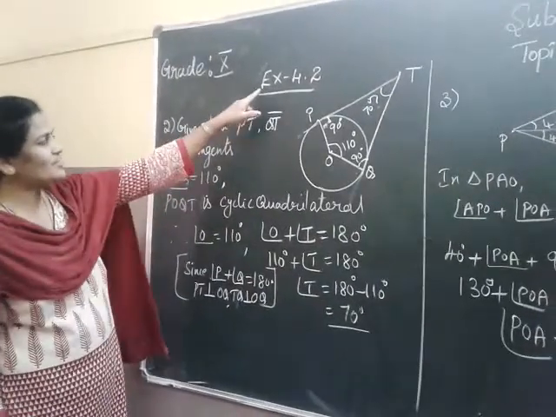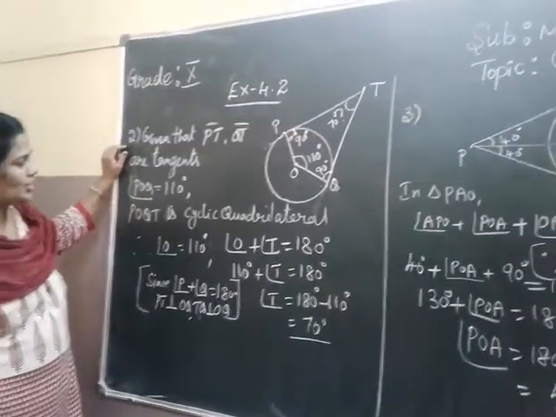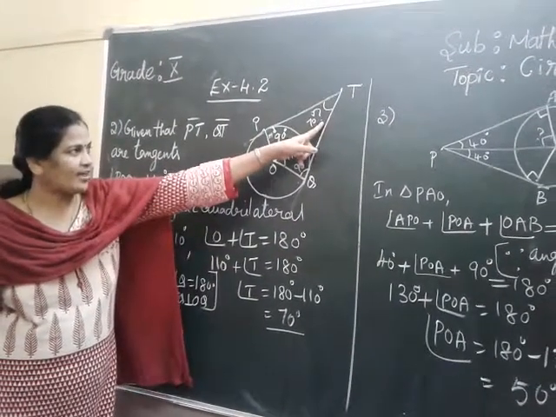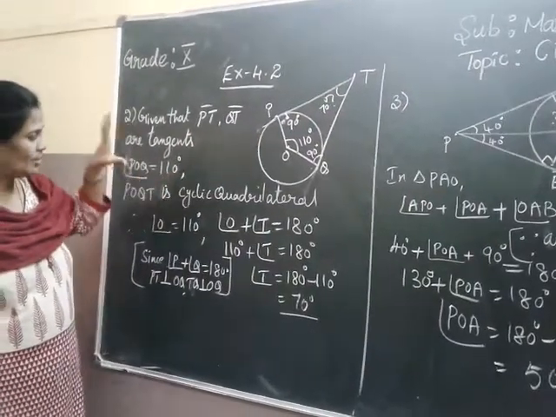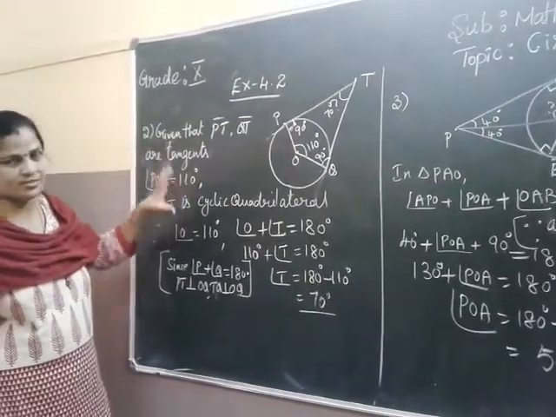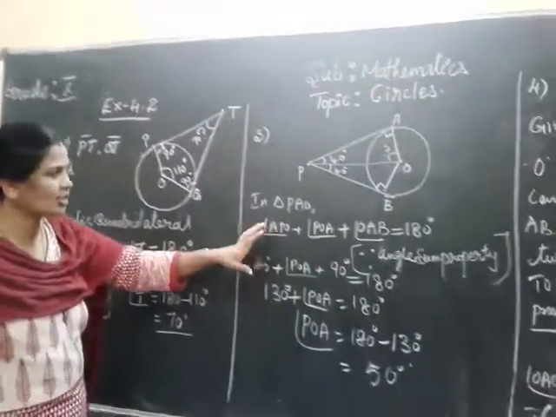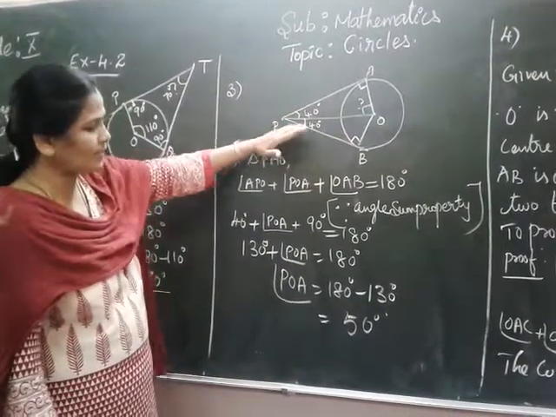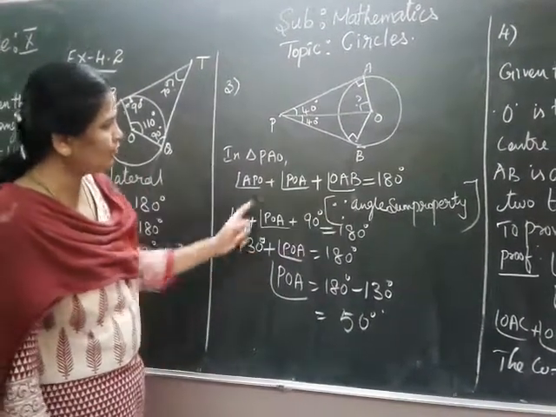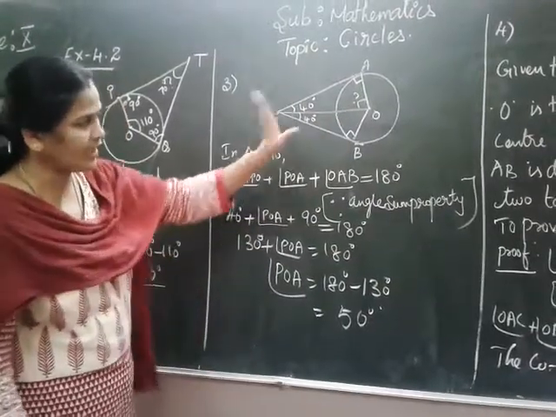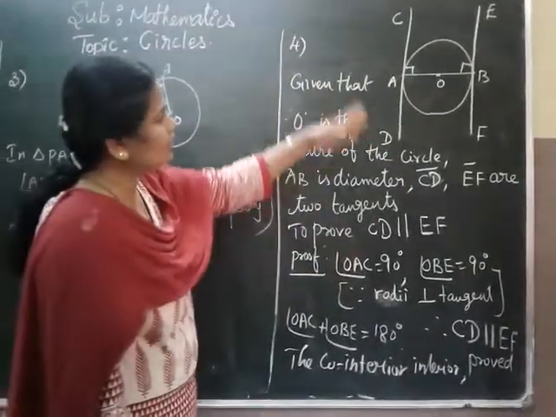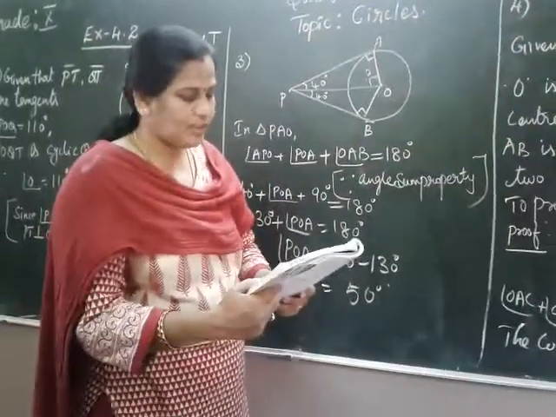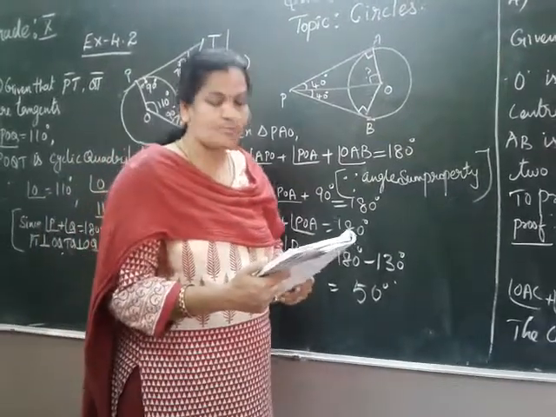Children, so now exercise 4.2. This is the second question. In the second question, they ask you to prove one angle. Here we are using the cyclic quadrilateral concept, that is, opposite angles. The next one: inclined is given, so both lines divide into 2 equal parts. Here we are using the angle sum property, so we proved that one angle by taking one triangle. The fourth one is so easy: 2 tangents should be parallel. Did you all understand, children? Very easy only. Next class we are going to discuss the remaining sums. Thank you children.